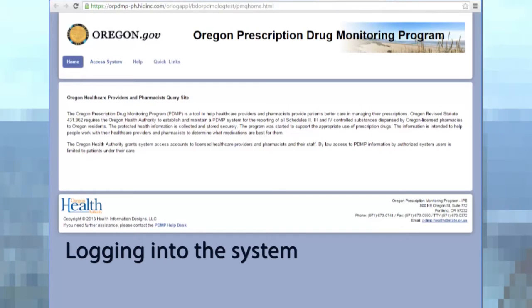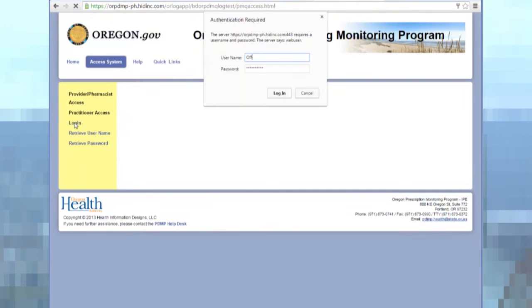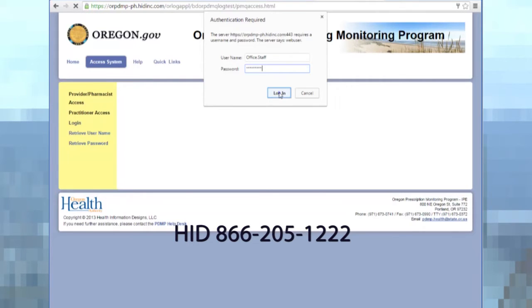Remembering your username and password can be a challenge. If you have your own PDMP account, your username will be your DEA number. However, if you're using a delegate account, your password will be your first name dot last name. If you need a password reset, please call the vendor, HID, at